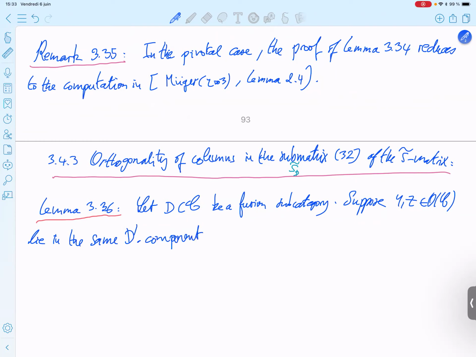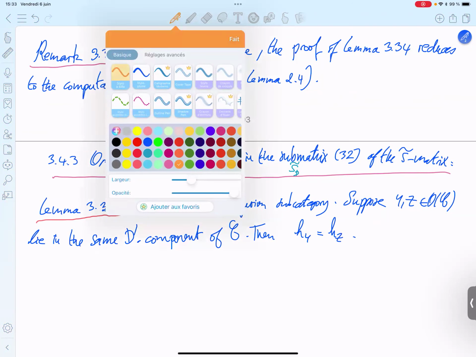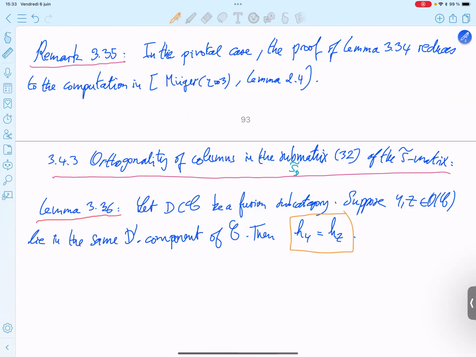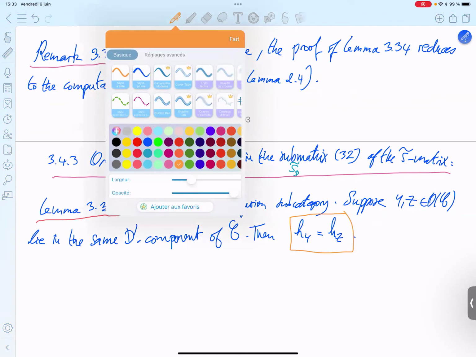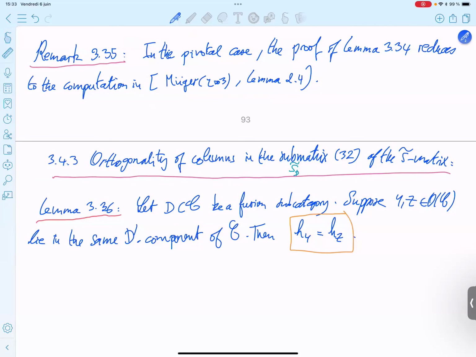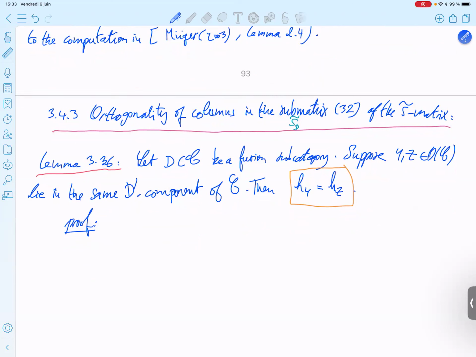Component of C. Then the corresponding function, so the corresponding column, are the same. Okay. And we will make a pictorial proof. So first we need the setup, and then we will make the pictorial proof. So you take